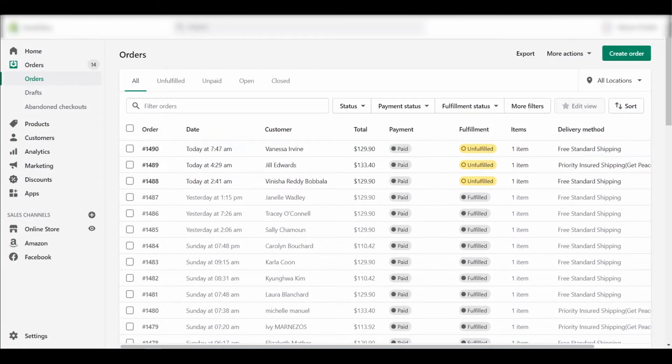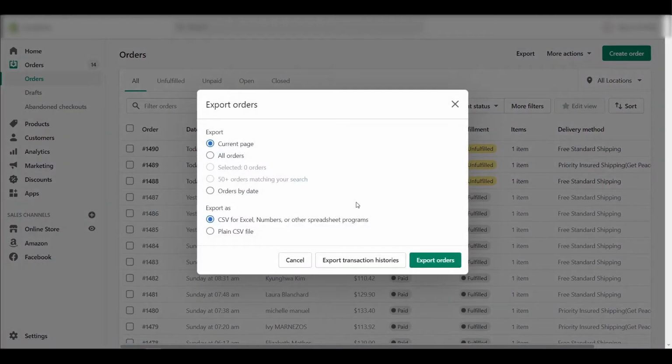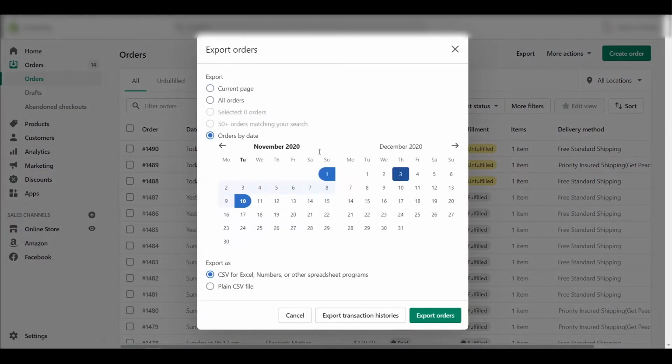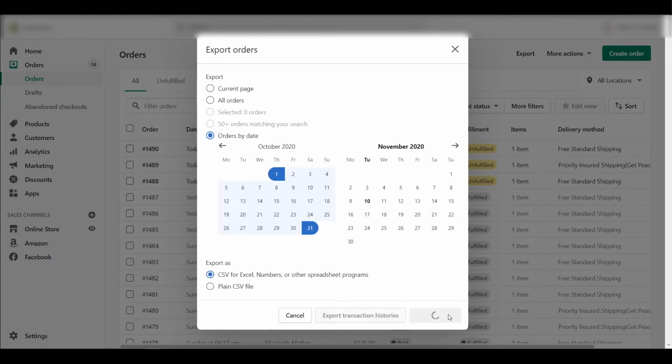Now guys, we will be downloading our orders list from Shopify for the month for which we are filing the GST return. So we'll go to the Shopify dashboard, into orders. Under orders we'll click on export, and I am filing the return for the month of, let's say, October. So I select October, I click CSV and I click export orders. Once you click on export orders, the list will be emailed to your account. So go to your email account and download the exported orders list.